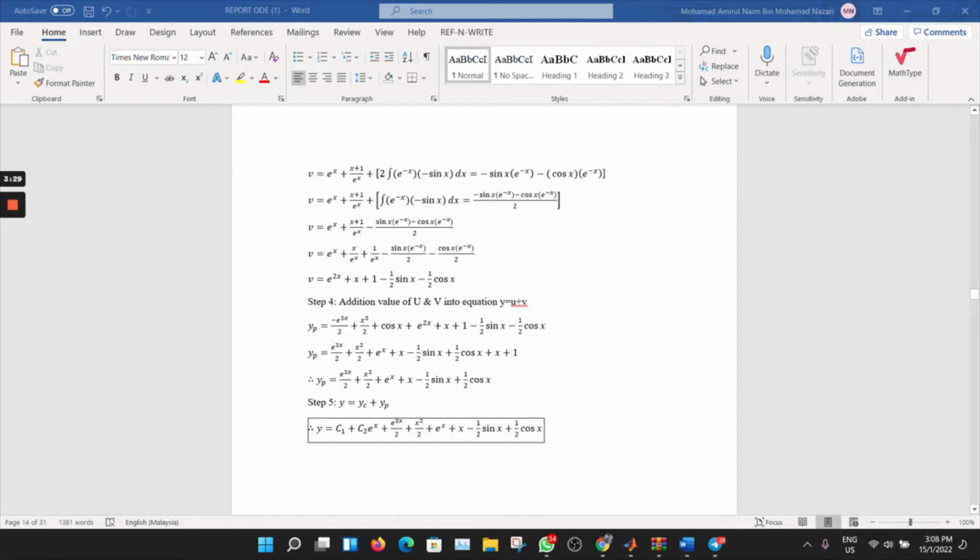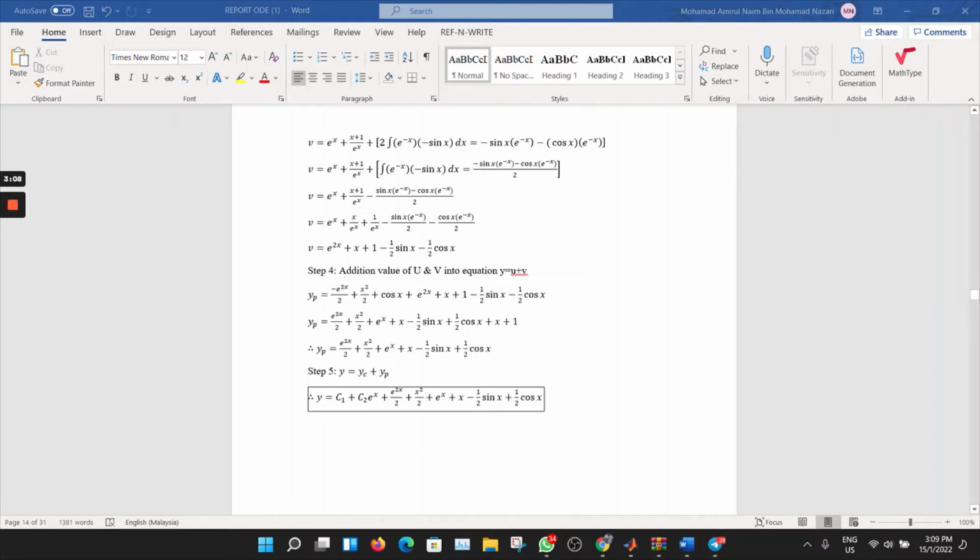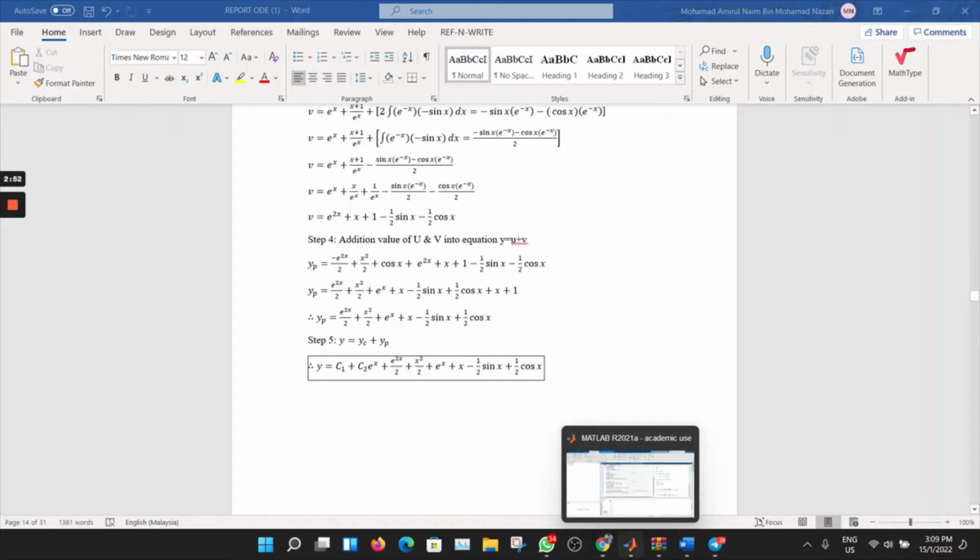So for step 4 is substituting the values of u and v into the equation y equal to u plus v. And then for yp is e^x over 2 plus x^2 over 2 plus e^x plus x minus 1 over 2 sin x plus 1 over 2 cos x. So the general solution is y equals c1 plus c2 e^x plus e^x over 2 plus x^2 over 2 plus e^x plus x minus 1 over 2 sin x plus 1 over 2 cos x. So for the simulation is,